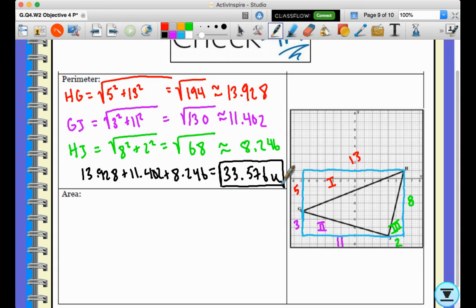And the way I've set this up, I've now set myself up for success in the area. Oh, that's pretty funny. So I'm going to find the area of that box first, right? So the area of the box, remember the steps to success? Pen, blue, box. The area of the box is going to be, so it's a 13 by 8 box, so 13 times 8 is 104 units squared. And then I'm going to find each one of those units, and remember what I'm going to do? Subtract. 5 times 13 divided by 2,